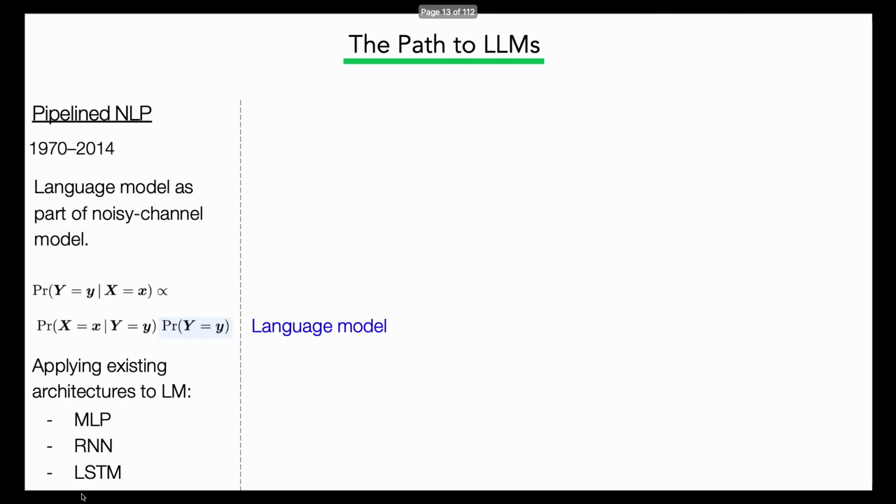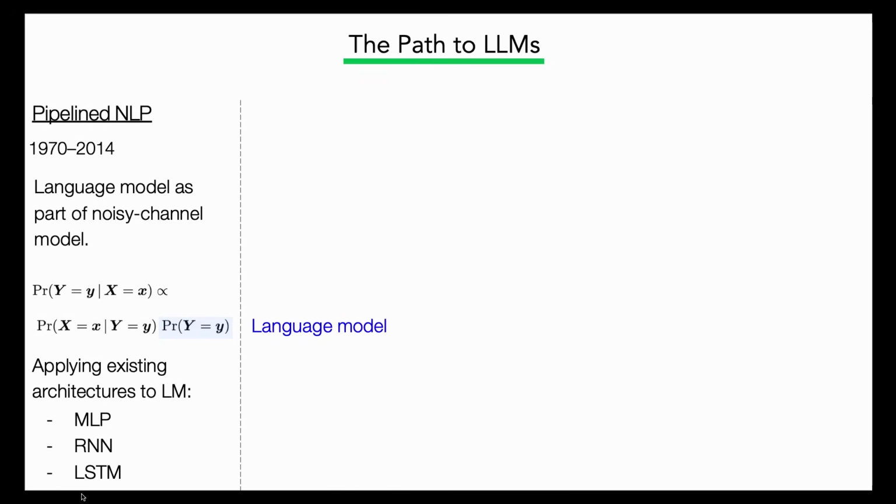Okay, so to go again very briefly through the history of the field, right, between, say, 1970 and 2014, a long stretch of time, people were not typically interested in these kinds of models as tools in their own right. It was typical to have some larger pipeline system, an automatic speech recognition system, or a machine translation system that was generating a bunch of candidate outputs, and what you wanted to do with a language model was just re-rank those outputs to say, of all of the possible transcriptions